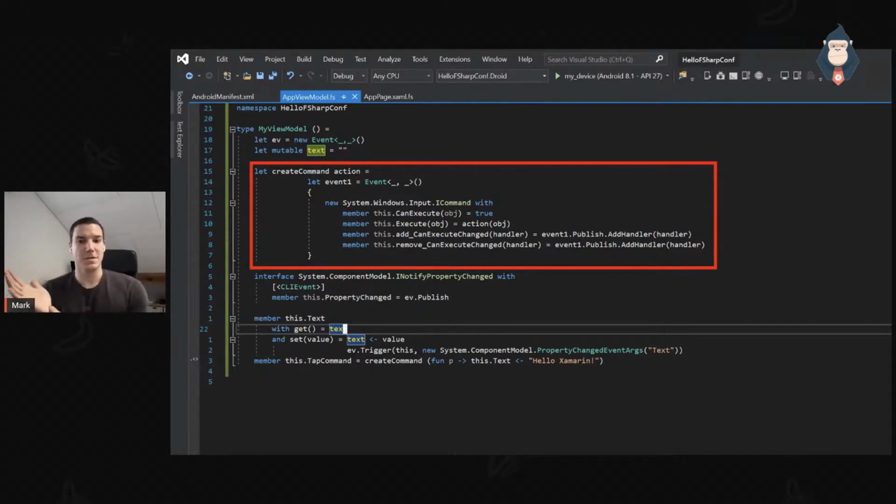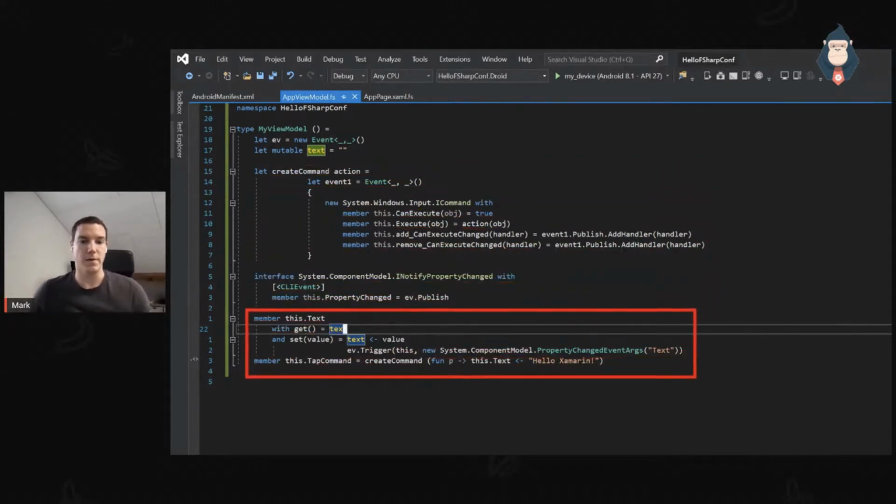So a lot of us these days, we actually never write these iCommands anymore. If some of you have developed WPF beforehand, or before you used an MVVM framework, you actually had to do this all the time. Now, Xamarin.Forms comes with a helper for this, but I just wanted to show you this is one of the strong sides of using a tool like F#.